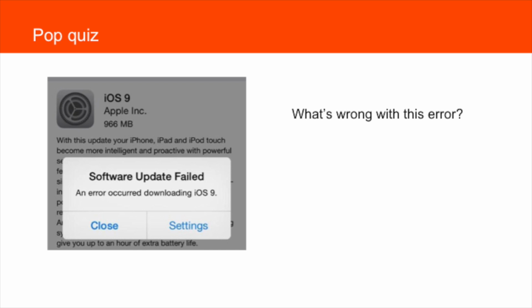Anyone with an iPhone, and I don't even have an iPhone, I've seen this. Software update failed, an error occurred downloading iOS 9. So it's obviously a little while ago. What's wrong with this? The call to action doesn't make any sense. Why is it taking you to settings? It doesn't say why, it doesn't say what happened, it doesn't have any clear call to action of